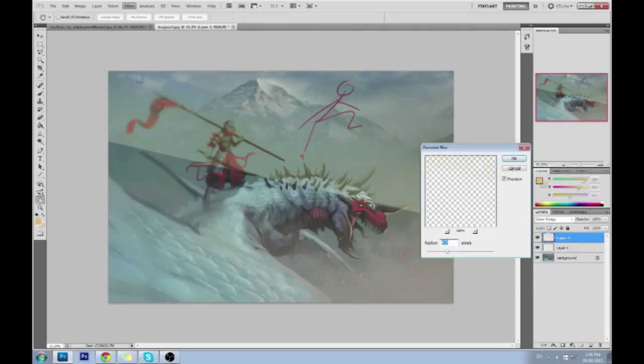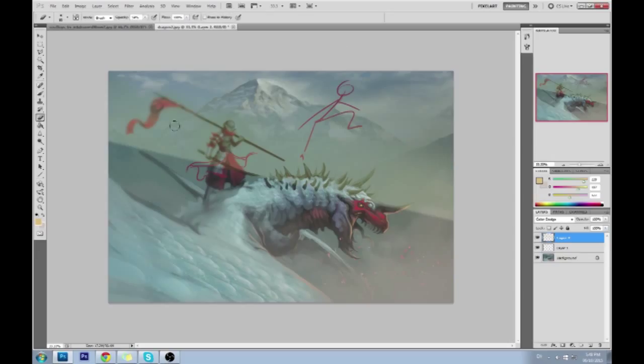Filter, blur, gosh. Of course, this is very rough. You don't actually do it this way. Find the way that this cast shadow actually sits on these characters. Running a light like that right over isn't going to help. The reason why this part here works is because there's smoke. The smoke is capturing that light. But this light only sits on the front of any 3D object. So it's going to sit on the front of every horn. Anything that faces that light, that's where it is going to sit. Only the front of his helmet. Anything else is going to be dark because he's just risen above the